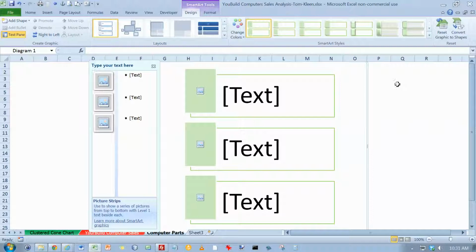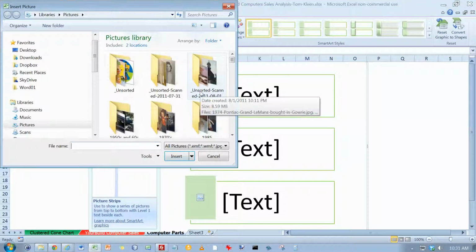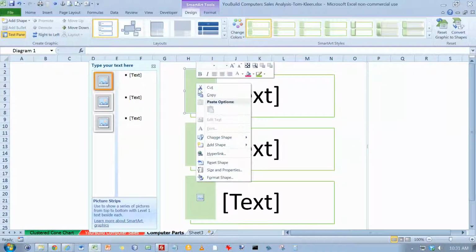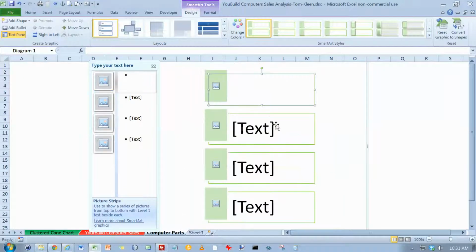Okay, and now we're on page 469, and we want to right-click the top shape in SmartArt Graphic to display the shortcut menu. Let's cancel that. Right-click, and what I want is I want to add a shape, and I want to add a shape before, although it doesn't make a whole lot of difference here. So now I've got a new SmartArt shape added up here on the top,